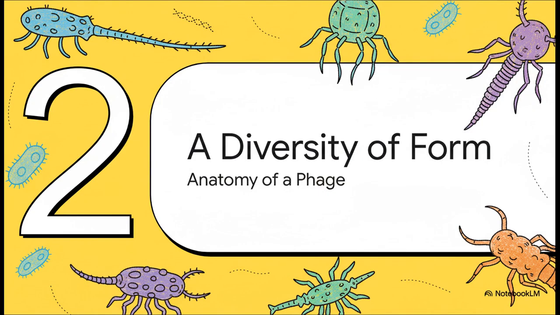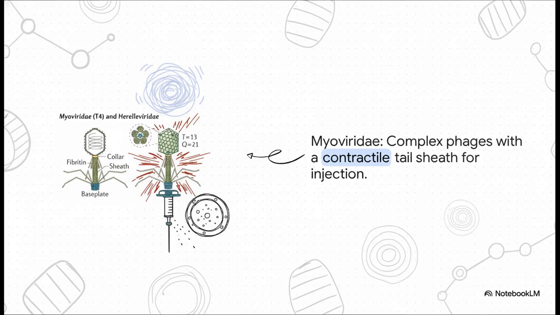Okay, so from that massive global scale, let's zoom all the way into the microscopic. Because phages aren't just one kind of virus. Oh no, they are an incredibly diverse bunch with a fascinating range of different structures, and each one is perfectly adapted to its specific bacterial prey. We'll start with what you might call the classic phage look, a member of the Myoviridae family, kind of like the famous T4 phage. This thing is basically the hypodermic syringe of the viral world.